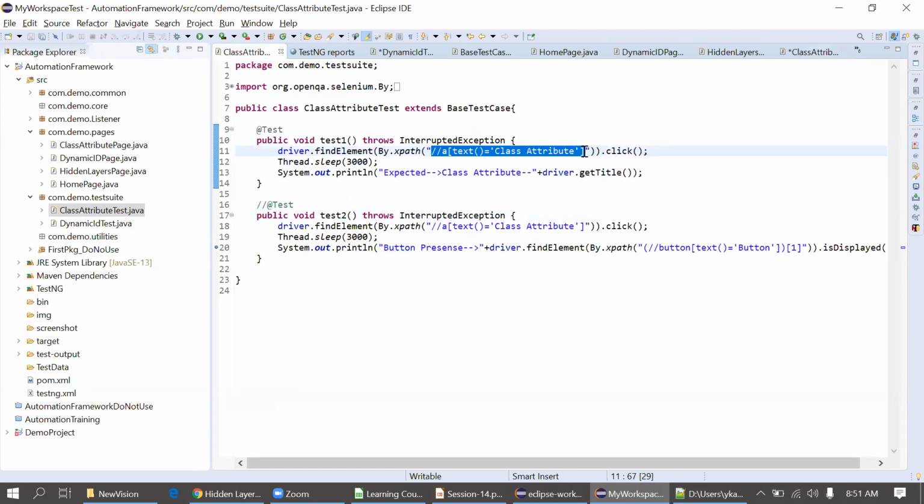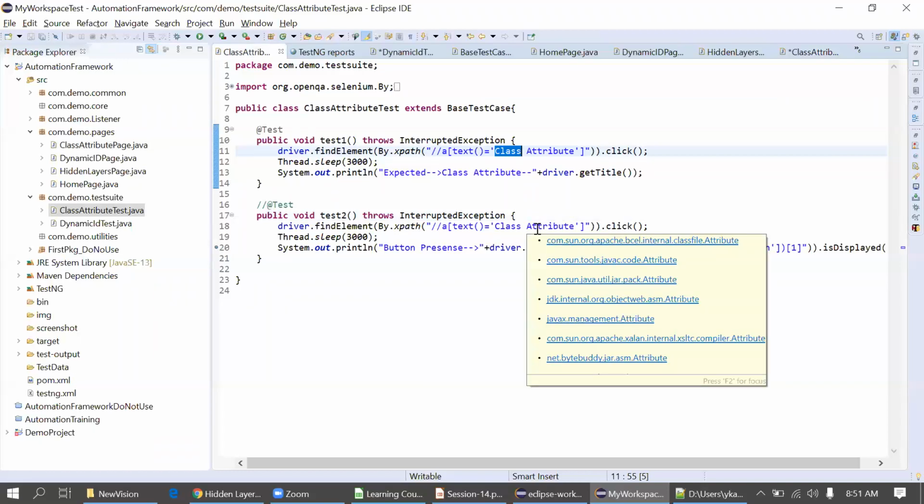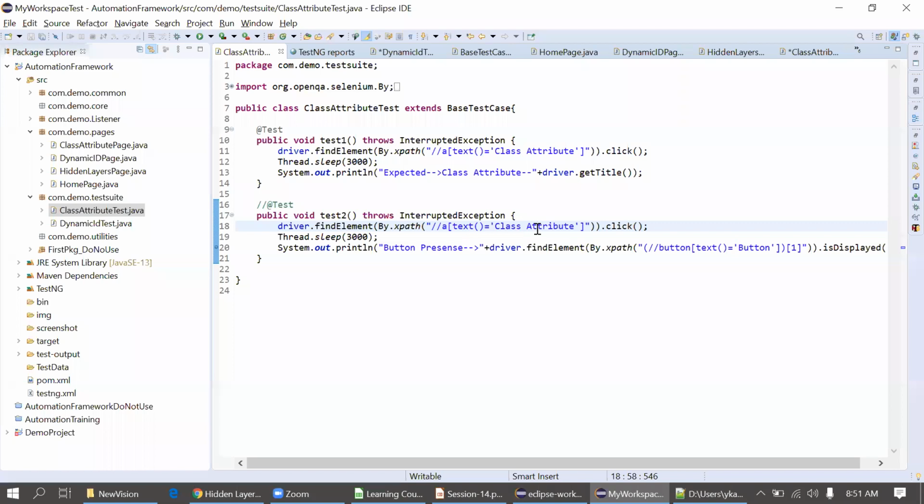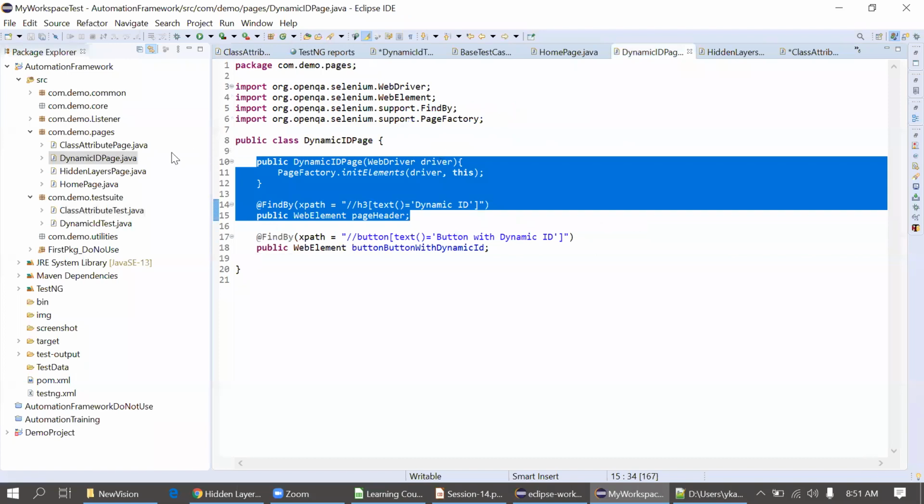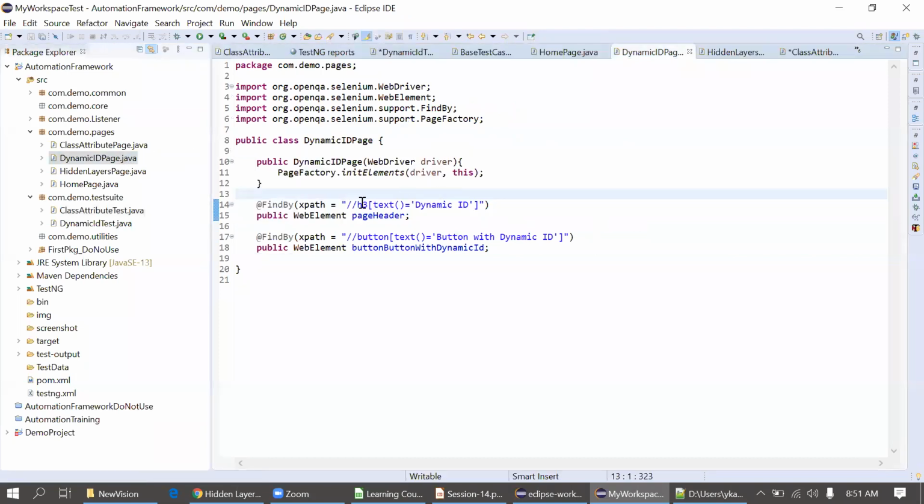Okay. If we are using this same XPath in every test case, and suppose in future the developer has changed some class name or text name, we have to update it everywhere, right? So in that case, instead of keeping this XPath at the test case level, we are putting it in the class level, in the page. But we should know what the actual XPath is and for which purpose we have created it. Suppose this is for the button, this is for the header; this is just a name for this XPath. Okay. And everything which we are displaying in the UI is a web element. Actually, all the things are web elements.